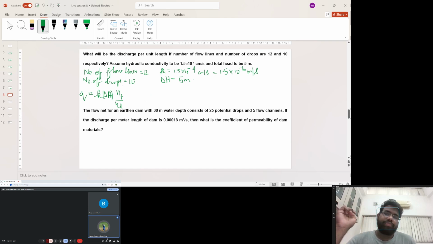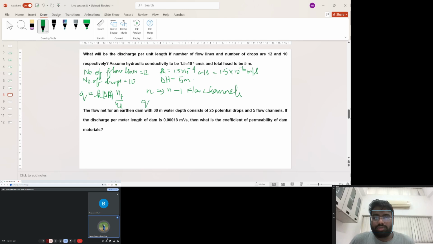Now we have been given the number of flow lines, but NF is defined as the number of flow channels. So if there are n flow lines, there will be n minus 1 flow channels. So hence NF will be